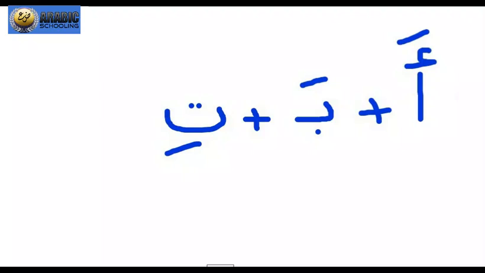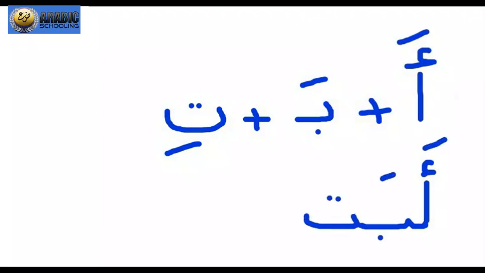Let's combine them together now. A, then ba, then ta. A, ba, ti. That's wrong. There's a mistake here. Mistake is